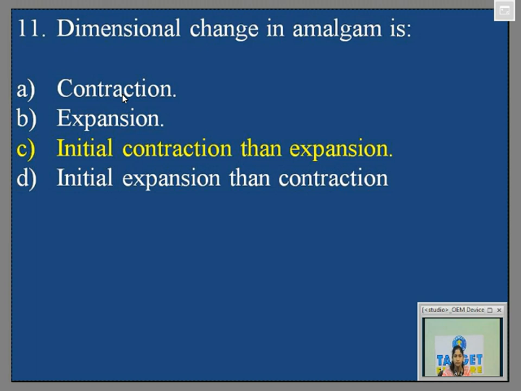Am I clear with the 4 points of modern amalgam alloys? It has been very commonly asked. There was also a question which says that when you increase the trituration time or when you increase the speed, what gets affected? That is the working time or the setting time of an amalgam. You have to think along those lines. If I am increasing the speed or the trituration time, what is getting affected? Definitely the working time and the setting time are getting affected.